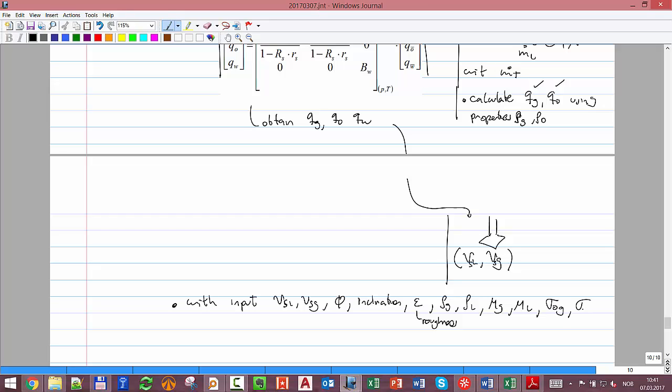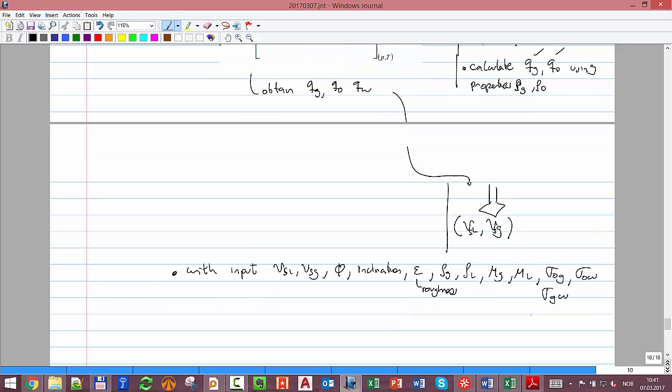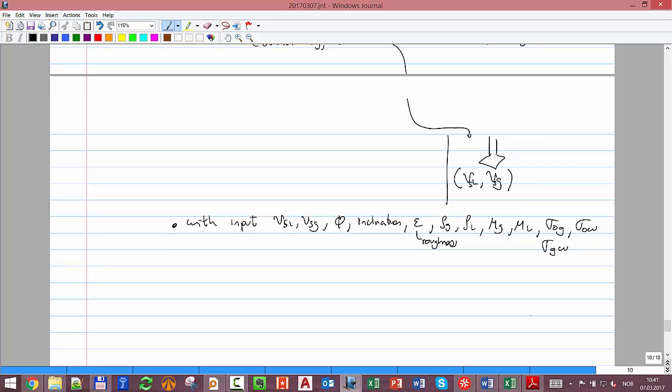If you have water, you also need the interfacial tension of oil and water, and of gas and water. What else? With all of that, you go to your multiphase expert,